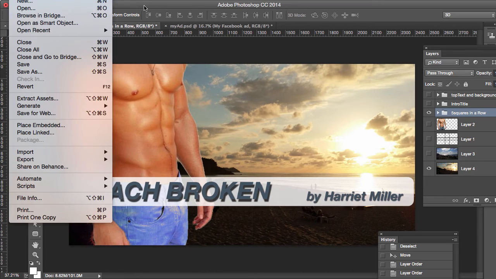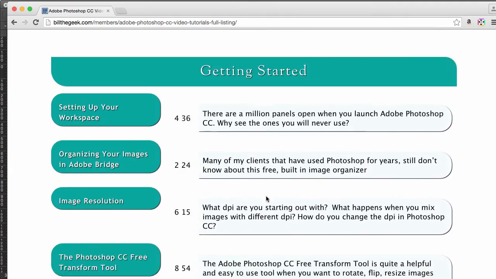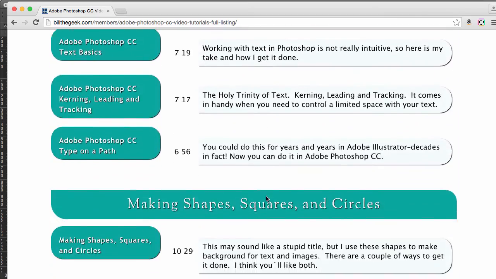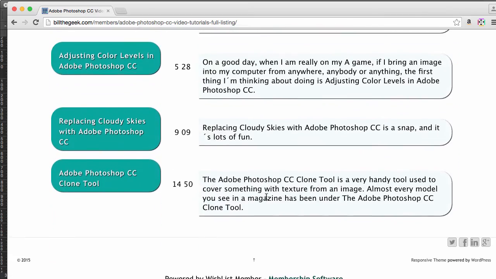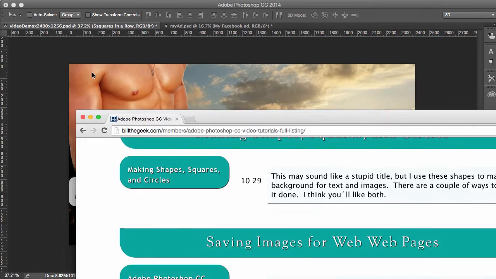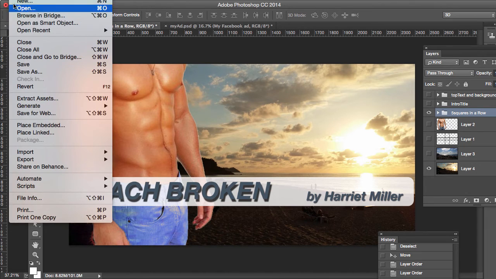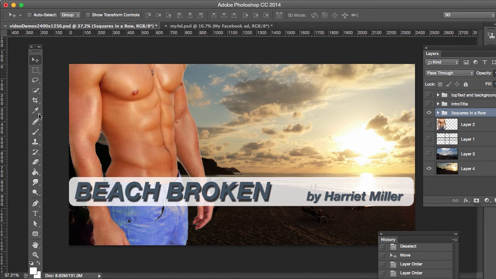File, Save for Web, and before I do that, Save for Web has its own little segment down here at the very bottom. It's down here somewhere. Save for, here we go. Saving images for web pages. Save for Web, right here, 12 minutes. So find the video, watch that, but I'm going to use it now, and I'm going to go File, Save for Web,